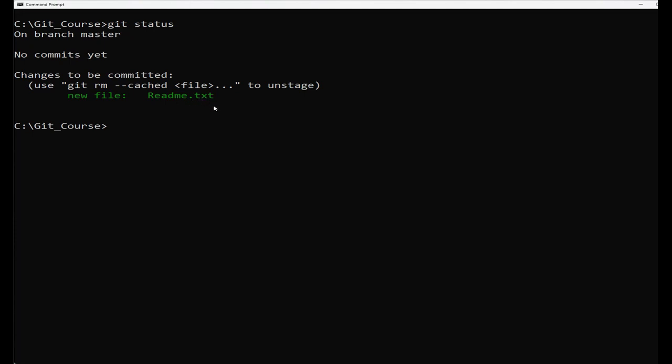So we added the readme.txt, but it's not committed yet, and it is actually warning you that you need to make some changes to be committed, and this is the one that you need to commit, readme.txt. So to do that, what I'm doing is using the git commit method and saying git commit, just like this,